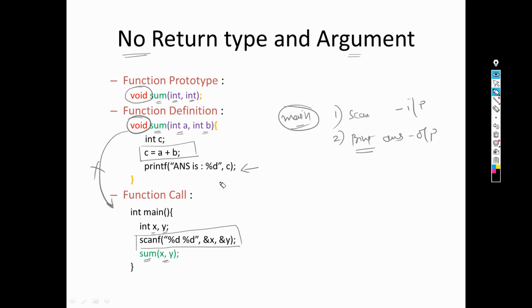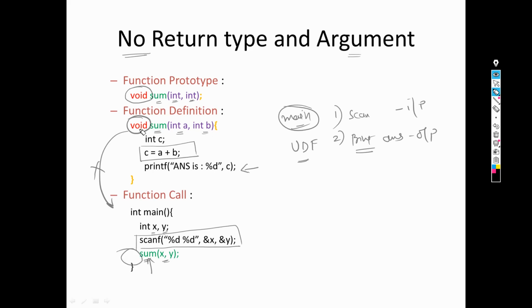Once this statement gets executed, the user can see the answer on the screen. So out of these two responsibilities, one is done by main and the second is taken care of by the UDF. Now in the function call, we have simply written the function name and the arguments. Here we have not written anything extra.